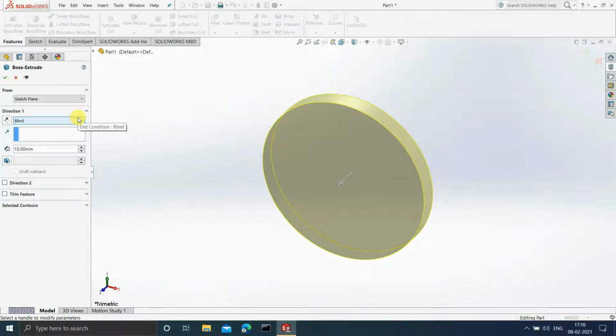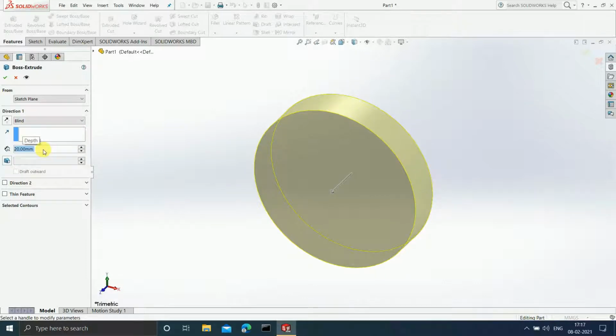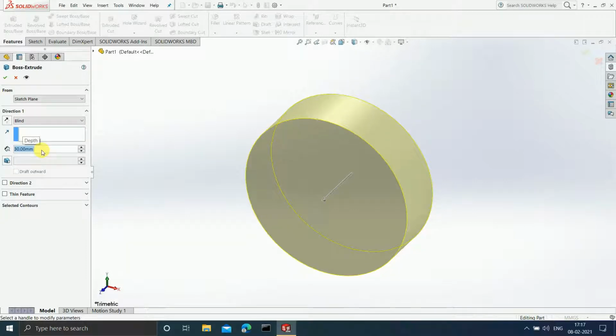When we select blind, suppose I want to extrude my sketch by 20 mm. Can you see? As soon as I enter 20 mm, the sketch is getting extruded more in the z direction. Suppose I select 30 mm, my sketch is increasing in the z direction.